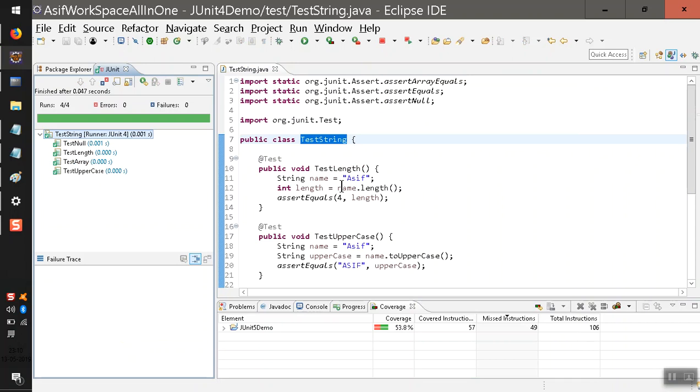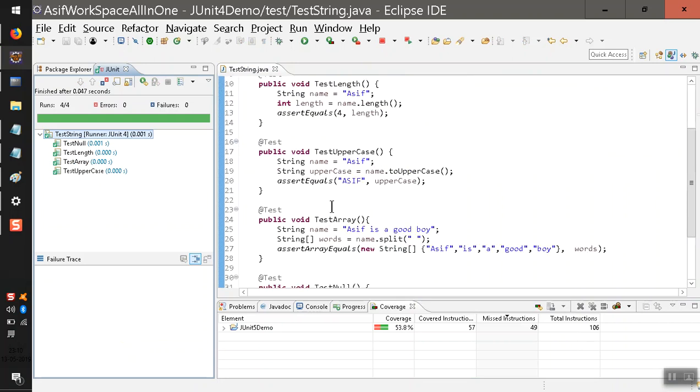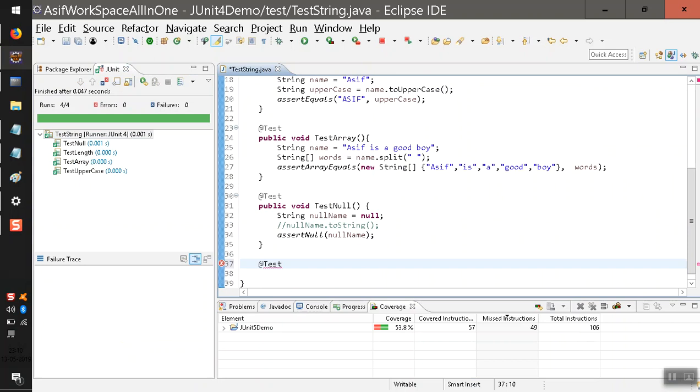Let's say I need to handle the null pointer exception. This is the name I'm going to give, and inside it,